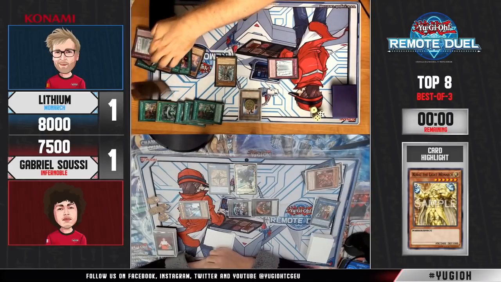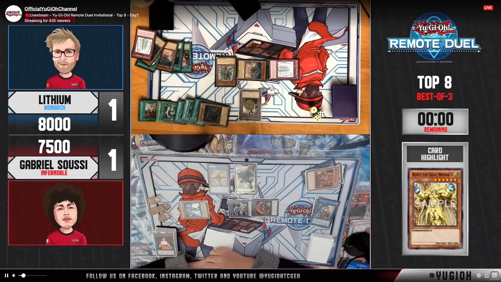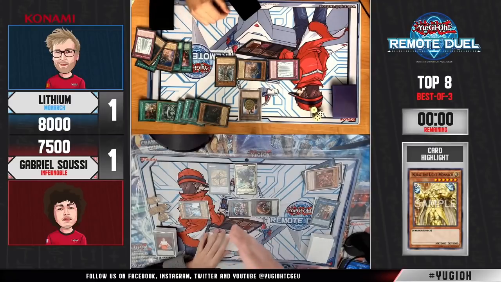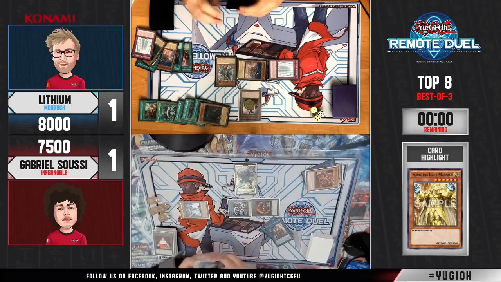Honestly, I was rooting for both these players. Because Infernoble, again, really cool. Monarch, old deck, not something you were really expecting. Time just got called. You see Lithium trying to offer the handshake here. He's awkward about it. When you win in time, you don't want to be offensive going for the handshake, but